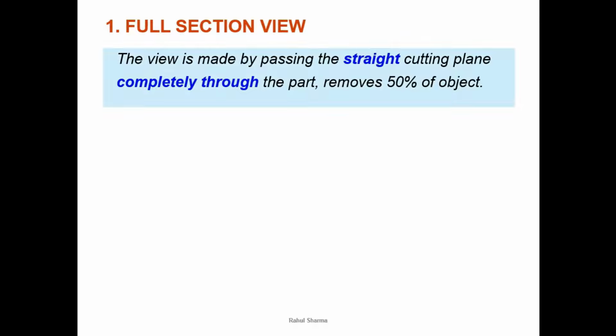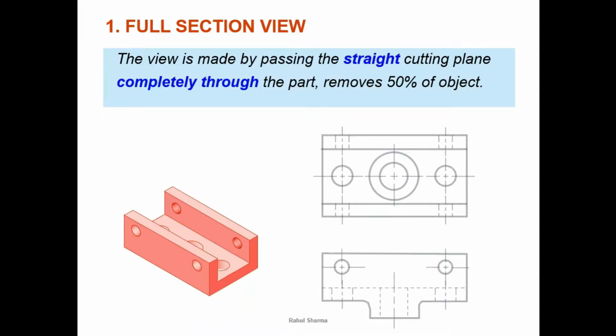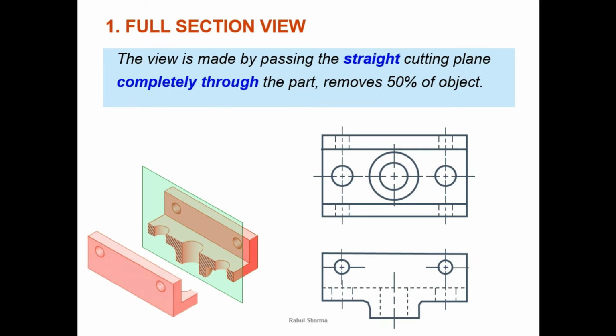What is full sectioning? When we cut the object using a straight cutting section plane, meaning the section plane does not have any bend, and we are removing 50% of the object. Let's say this is the object given, this is the normal front view and top view. Now when we cut the object from this side, you remove this part. What will happen when you remove that part? The hidden lines will now be object lines, and you have the hatch lines in this way. Now you can see from this side as front view, the hidden lines are now visible lines and the hatching area is there. This is known as full sectioning, because we are cutting the object with the plain section plane without any bend, and we are removing 50% of the object.